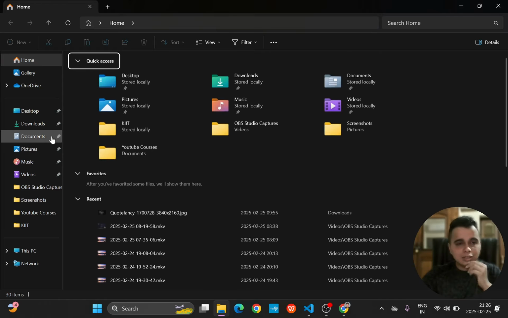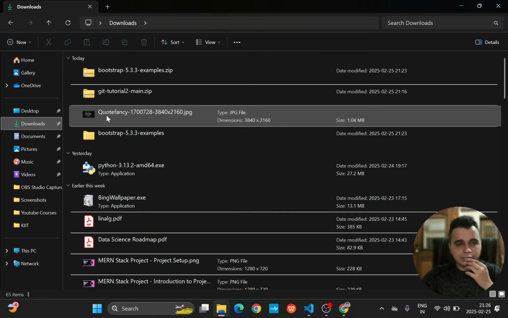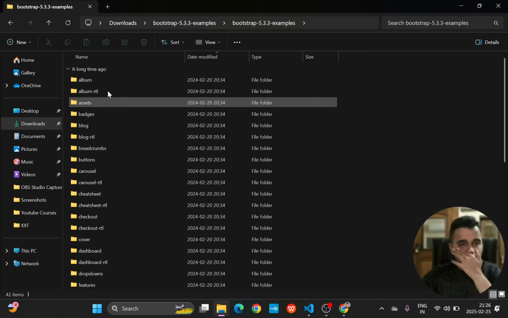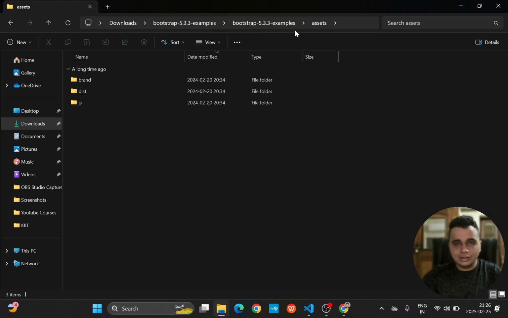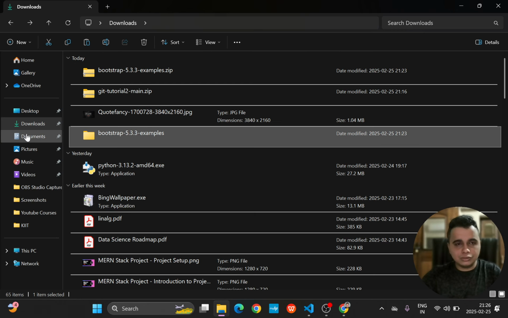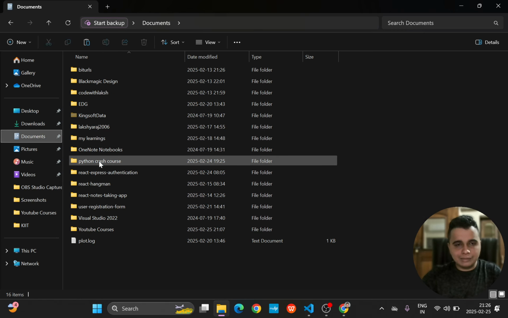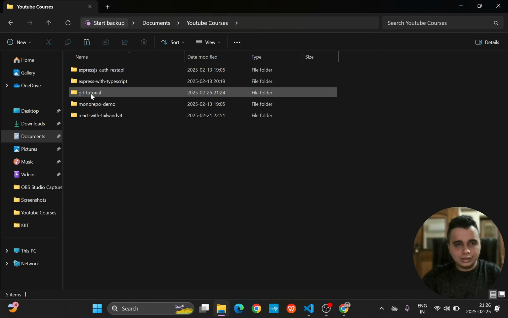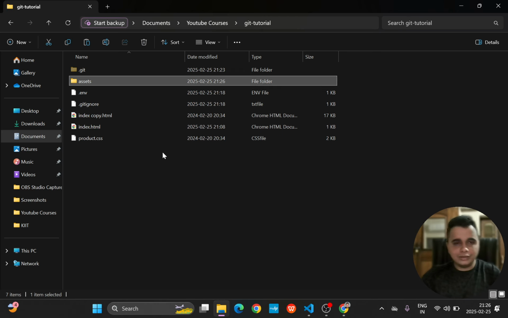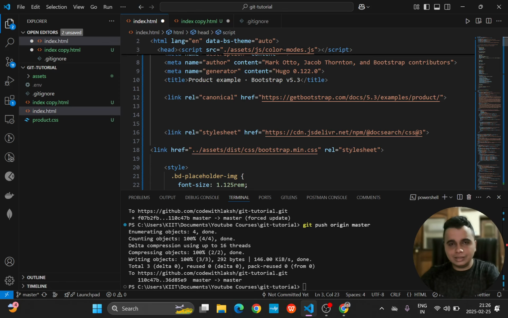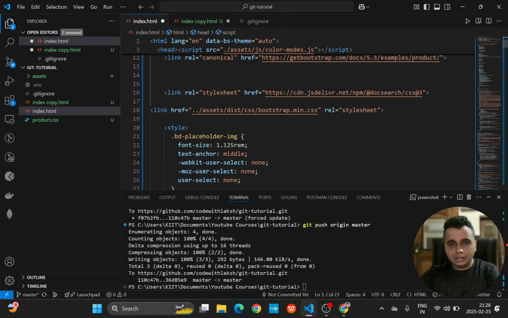Let us go ahead to our documents again. Not documents, actually the Bootstrap 5 examples. And here I'm having this assets folder right here. Just copy this assets folder, go back to the documents, and here, where I'm having the YouTube courses, Git tutorial, paste it here. Now I'll not do dot slash. Instead, I'll only write this dot slash. Now